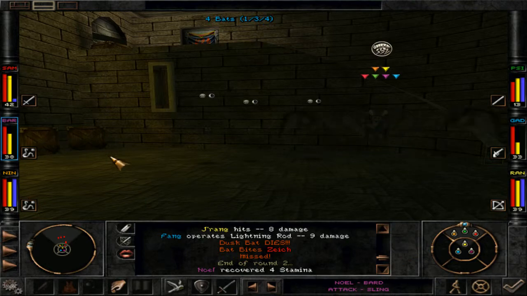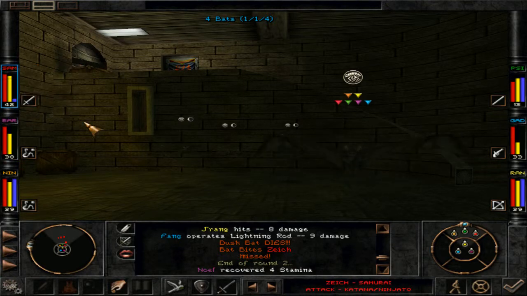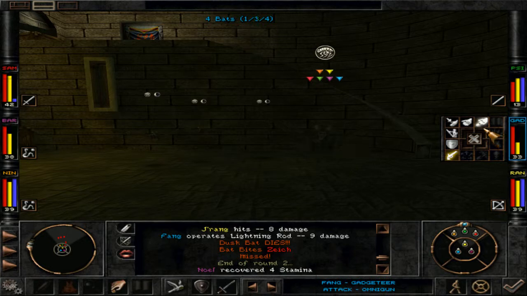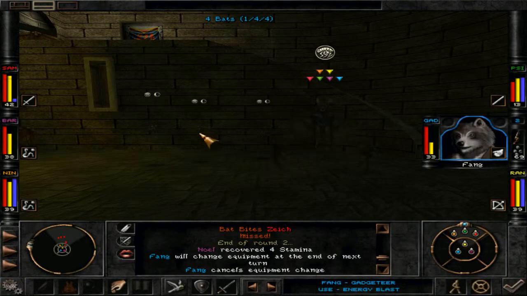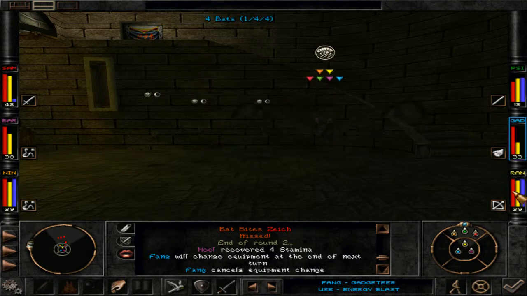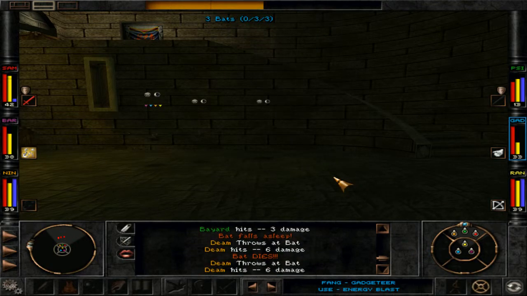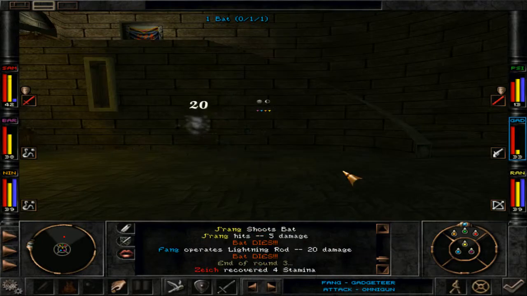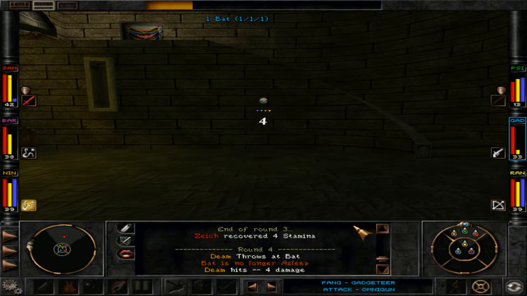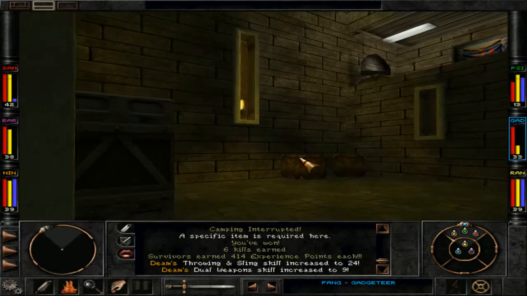Now some of you will probably have noticed that the Gadgeteer's Lightning Rod suspiciously resembles the spell that the Samurai has. They're basically doing the exact same ability. As I've mentioned previously, the Bard instruments and the Gadgeteer gadgets just replicate spells. As you can see, there's quite a lot of benefit to having a purely ranged party. So the ability to cast spell...